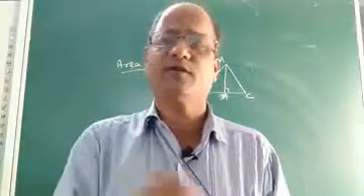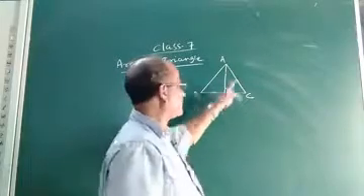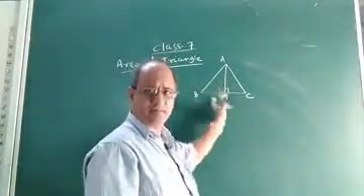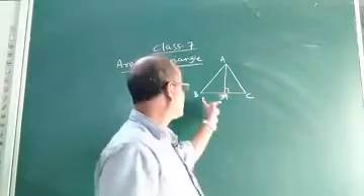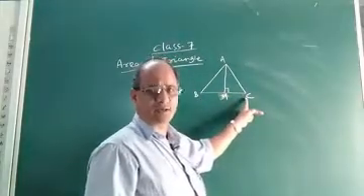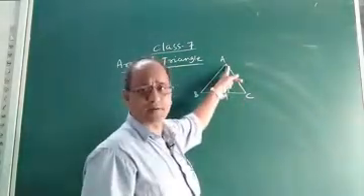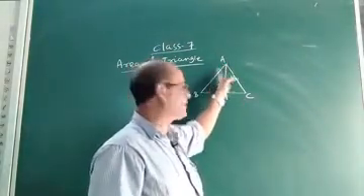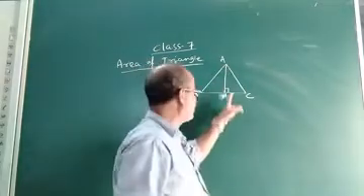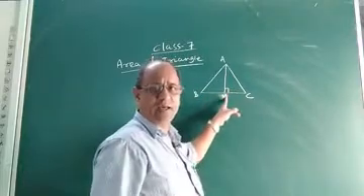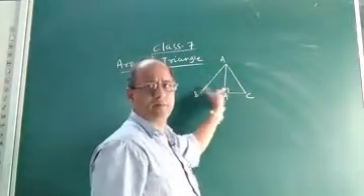Let us discuss. Suppose ABC is a triangle. There are three sides AB, BC and AC, so any one of the sides you can take as the base. Suppose I will take BC as the base. Now, if BC is taken as the base, the opposite vertex is A, and from this vertex you draw a perpendicular, suppose AM. This angle is 90 degrees. So clearly AM is the perpendicular drawn from the opposite vertex A to the base BC.